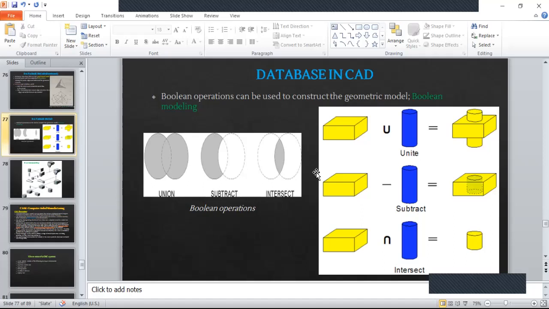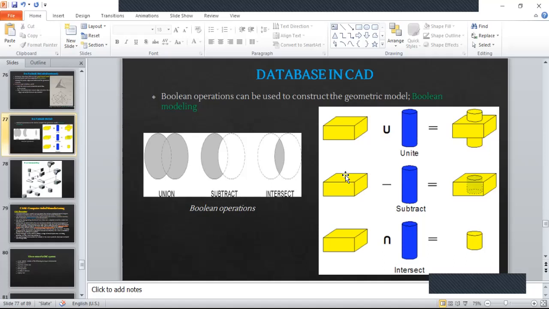And those operations you see here, another simple example. This is A and this is B, let's say. We are trying to unite these bodies. So union will result like this. Subtraction, we are trying to subtract this body from this body.